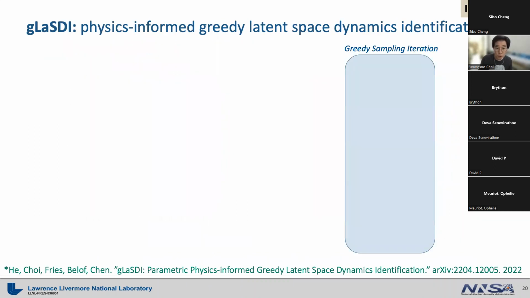So how do we do it? We followed an active learning paradigm where you adaptively append training data while the autoencoder is being trained. For example, you start with the 4 corner points in the parameter space, which are marked by 4 empty squares, where we run simulation data. Then we check if the number of training points reaches the maximum allowed. Let's say we are willing to spend 10 training points in total. Since we only have 4, we are going to move on to the training of the autoencoder and the dynamics identification process.